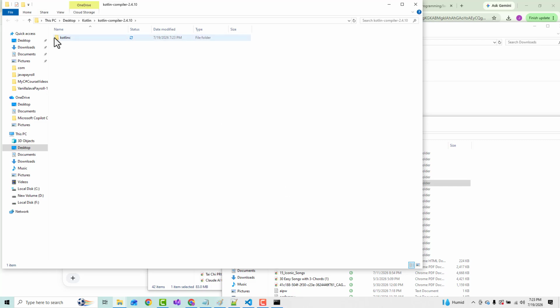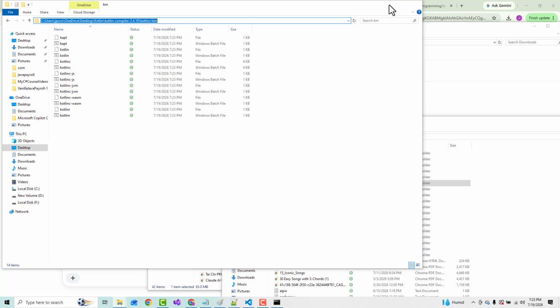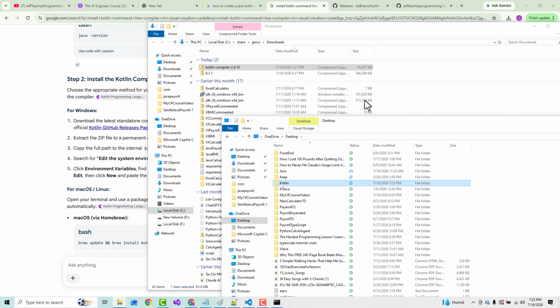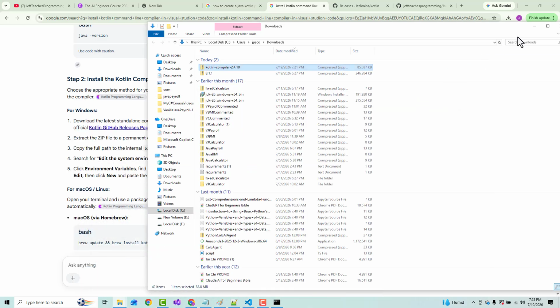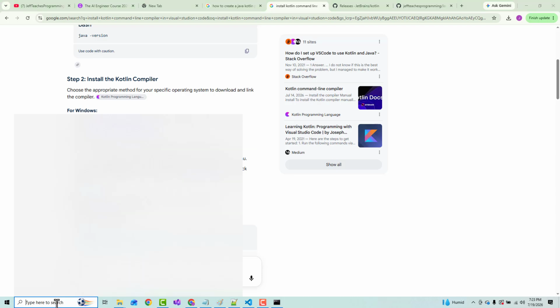Okay. Would imagine it's probably in the bin, whatever I want to use. So that'll be the path to it. Extract it, copy the full path to the internal bin folder. Okay, and here we got to type in